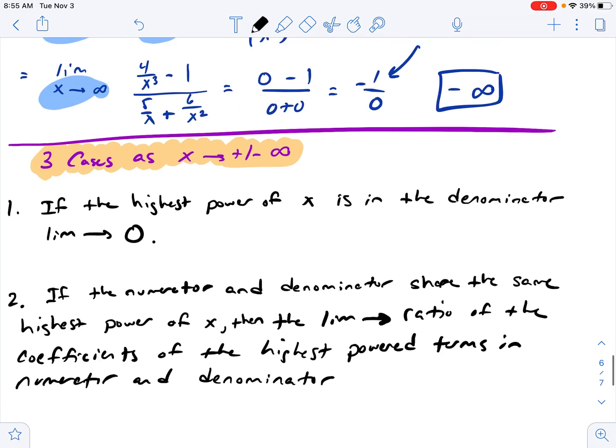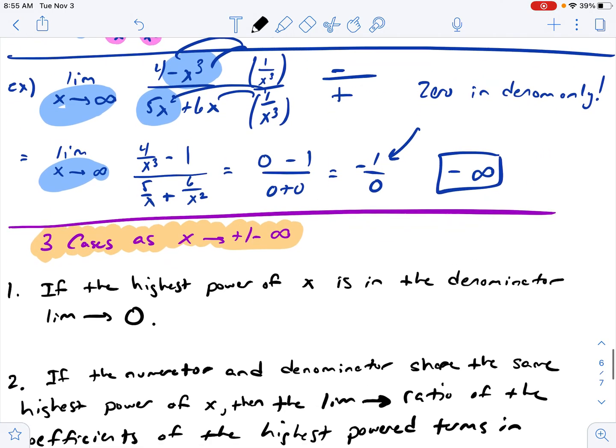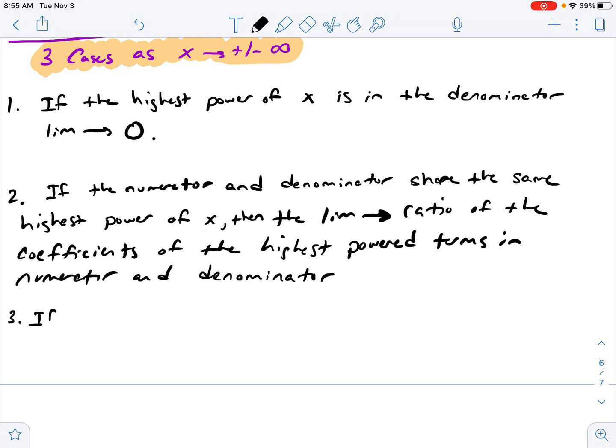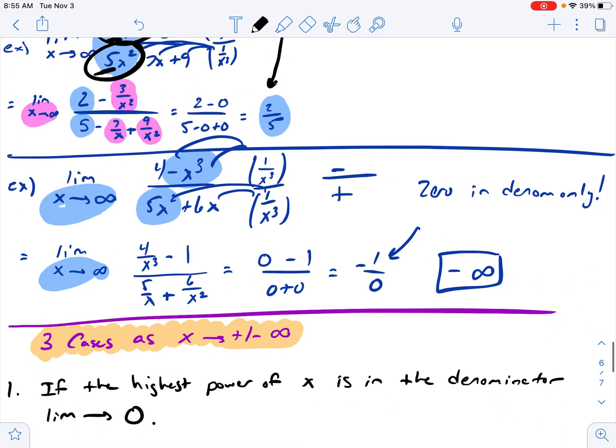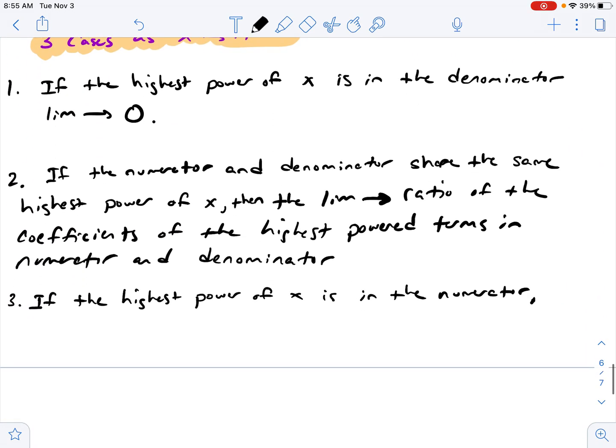And what's the third case now? If the highest power of x is in the numerator. And what happened in that example, this last one? Well, this thing went off to negative infinity. That's what's going to happen. Things are either going to grow in the positive or negative direction. So if the highest power of x is in the numerator, the limit will approach positive or negative infinity. We need to determine